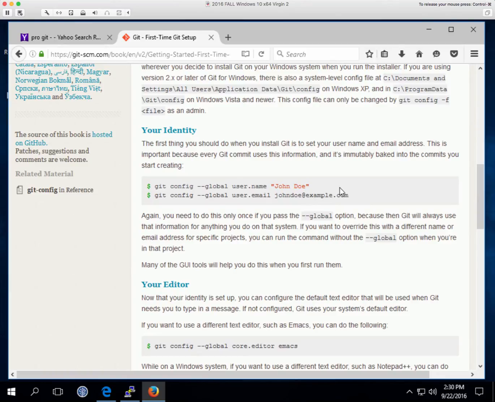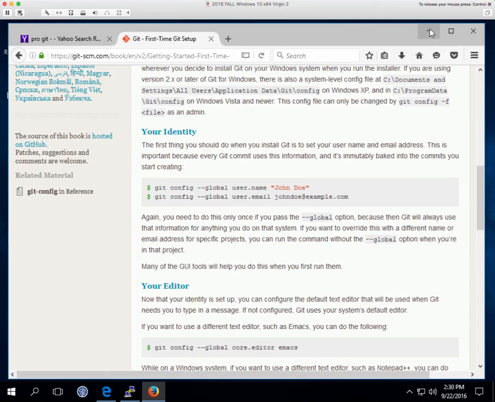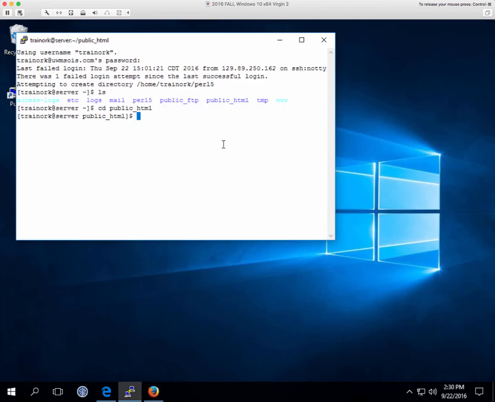Okay, so let's go do that. What's that going to look like? Well, we're just right here. We want to be in the public HTML directory. We can use the git command line client from anywhere, but this is the right spot for us to be working. So git space config